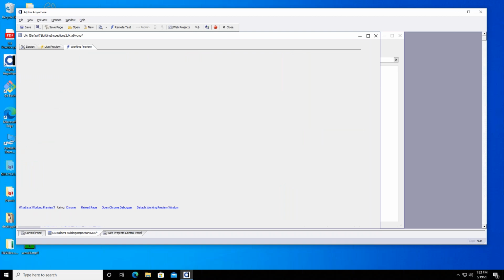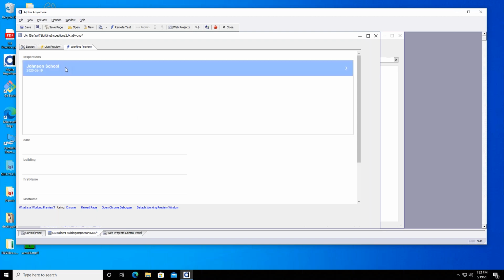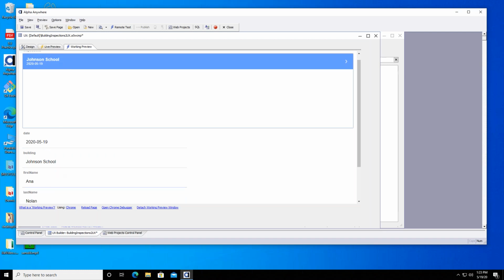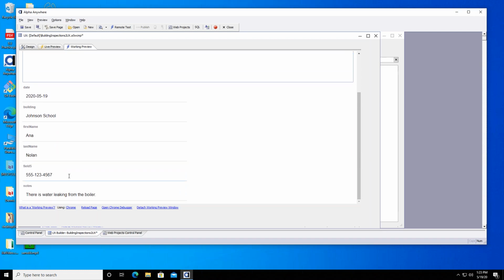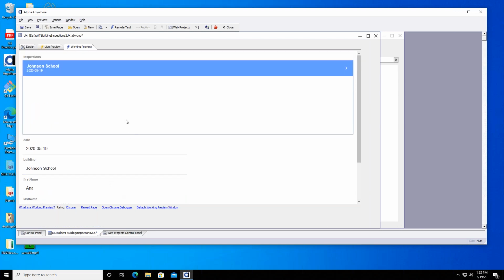And I should have a list control above and some detail fields below when this reloads. Okay, so there's my first item. I'm going to tap on it. And there is the date, the building, the first name, field 5, which is the phone number, and the notes field, which is all here. Okay, that's pretty cool. So probably the first thing I want to do to make this example more interesting is